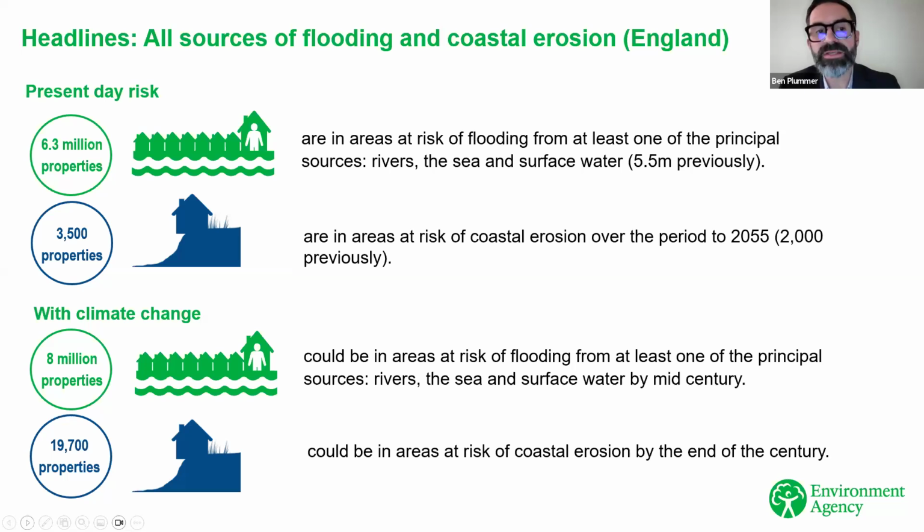So those are the headline figures. The only one that's not showing in there is that surface water makes up a big proportion of that 6.3 million properties at risk. There has been quite an increase, which we'll talk about, I'm sure, in the webinar, in the number of properties at risk from surface water flooding. I'm going to hand over now to John Hunt, who will share a bit more detail on what we've produced and our new flood risk information and why it represents such a substantial improvement in our understanding.